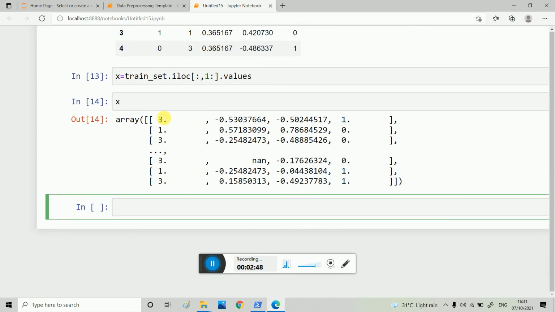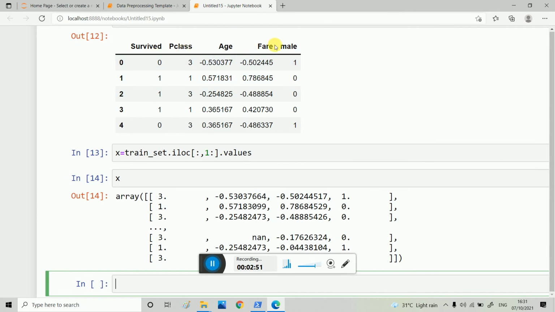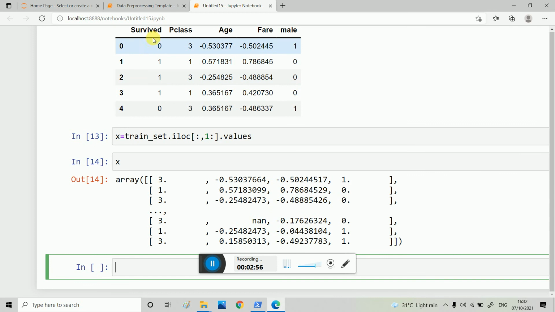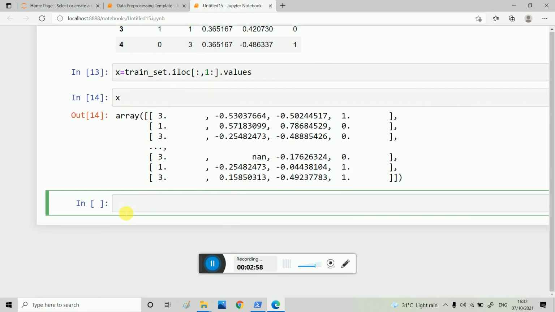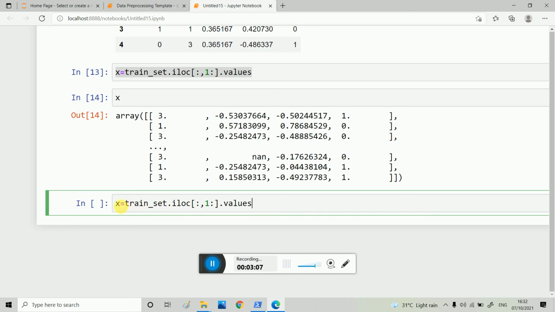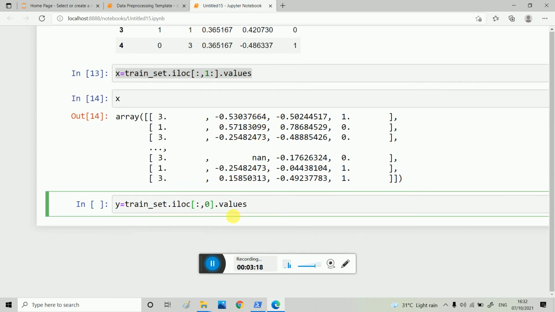This gives me an array starting from Pclass to Male, and now I want an array that contains only the Survived column. I want an array, so I write values here. So, just a copy paste. I want a y variable, and I want all the rows and only the zeroth column, so I write 0 here, and I want an array, so I write dot values.